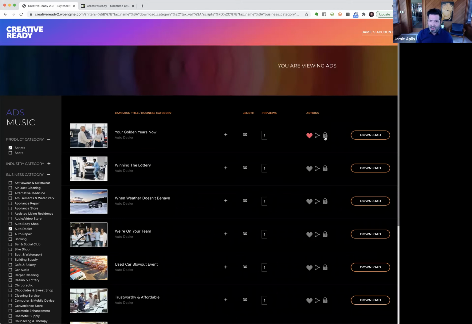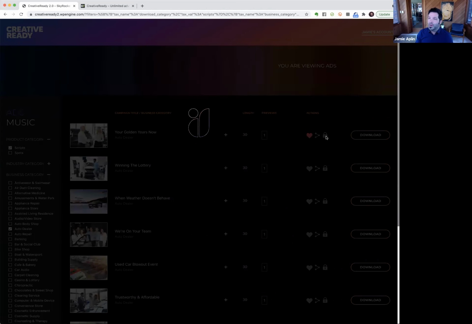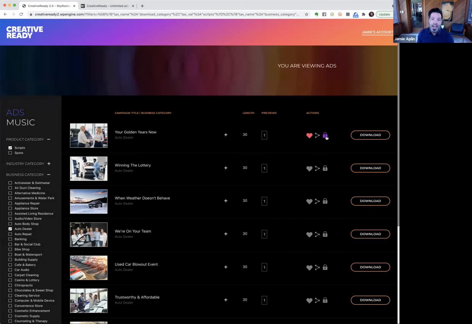And then the last icon you'll see here is a lock icon, which is similar to our current site where you can lock the feature, lock the product, and that's going to make it so that it's not accessible to anyone else in your group, okay? So pretty straightforward. Then also you'll see here the download button,